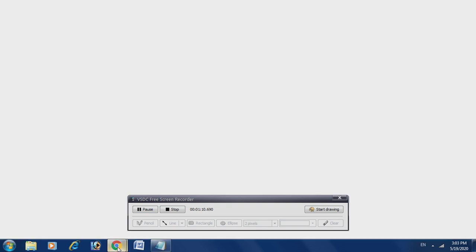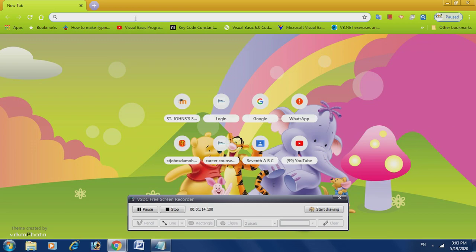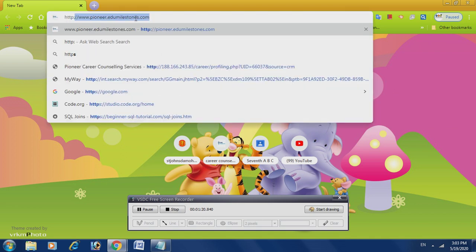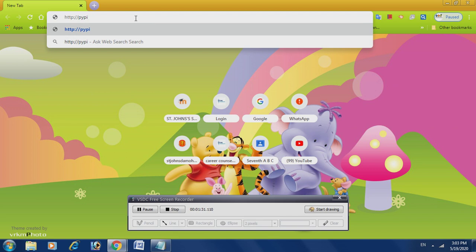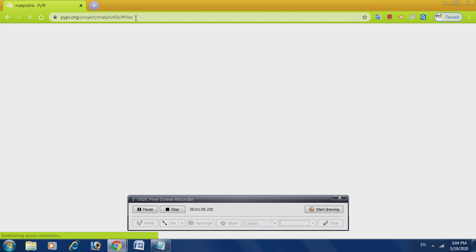Just double click on the web browser, and here you can go for Google, or you can directly type the complete URL, that is pypi.org/project/matplotlib/#files. Okay, just press enter and you will land on this page.